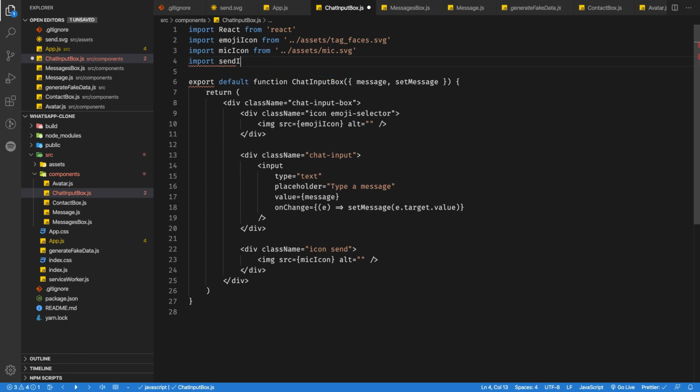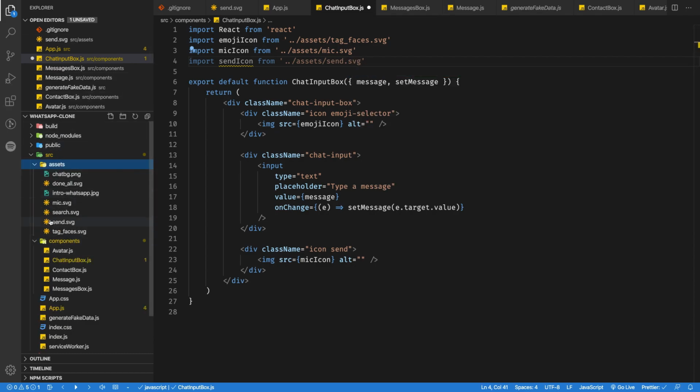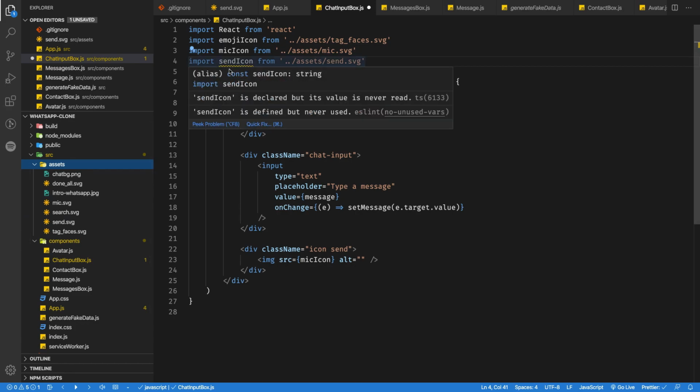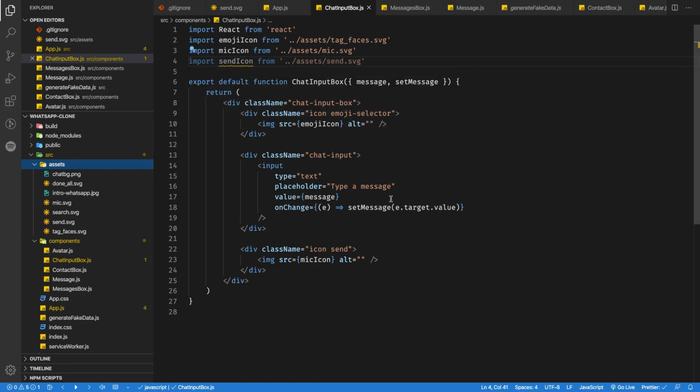Let's go sendIcon from assets, send.svg. So we have that in our assets, a send icon, and this icon,